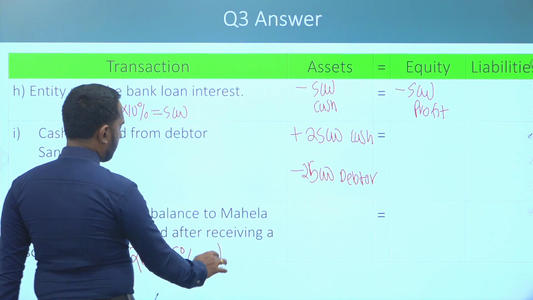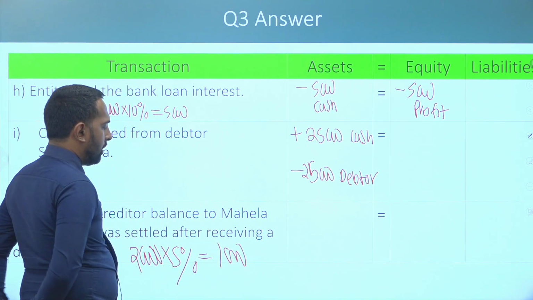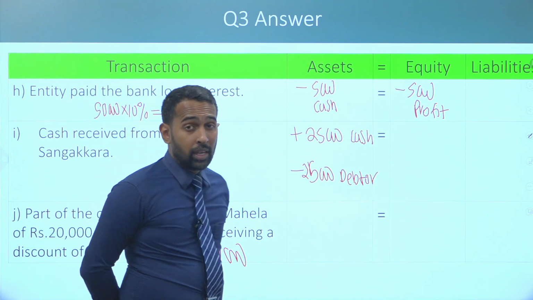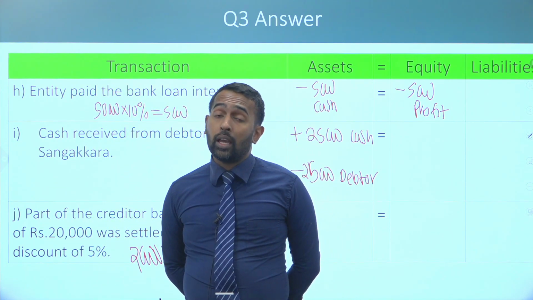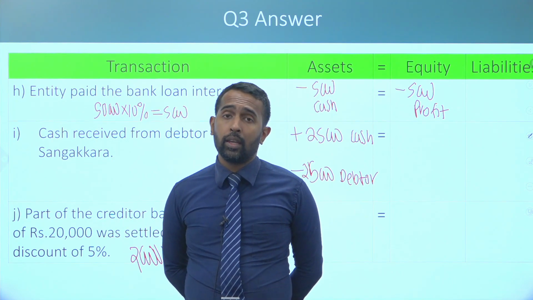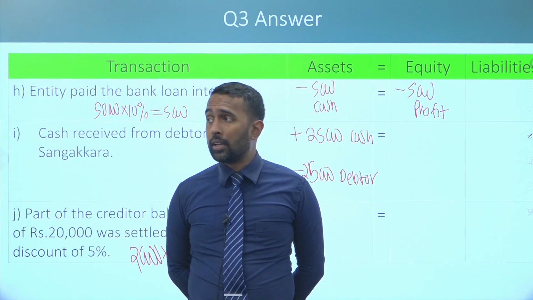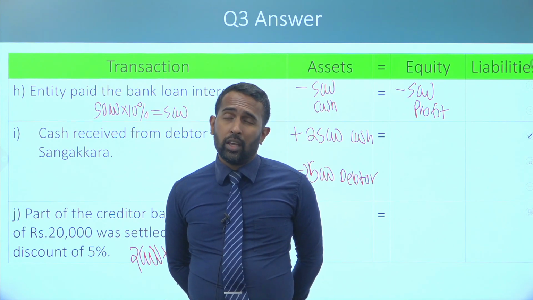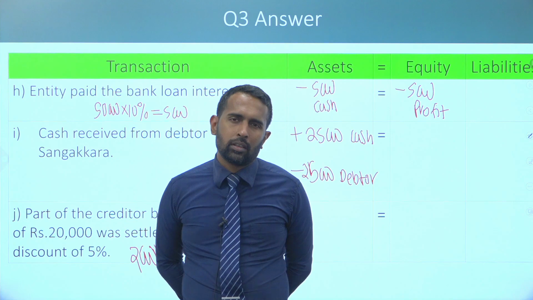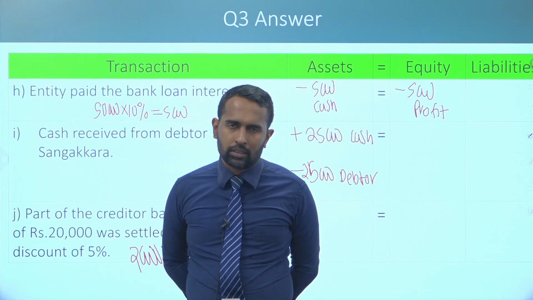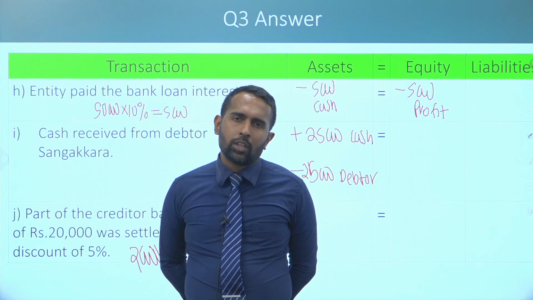Now Mahela is our supplier, not the creditor. Now he has called us and said, look here, if you can settle us this 20,000 of balance, we will give you a 1,000 rupee